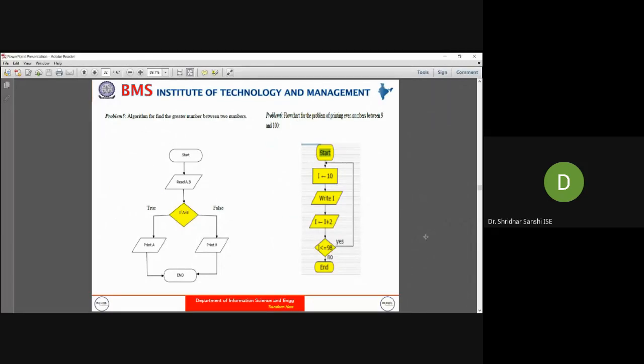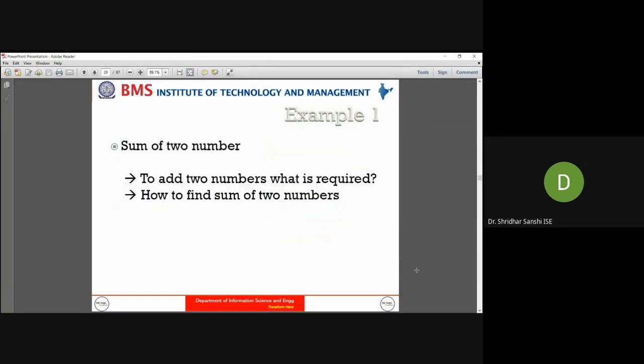Then I'm executing the instruction. This is with respect to do while, because I'm checking the condition at the last. So first I'm initializing, executing, and then checking the condition. Again, if it is true, I will go back and execute once again. I think the for loop is not there in this flowchart.